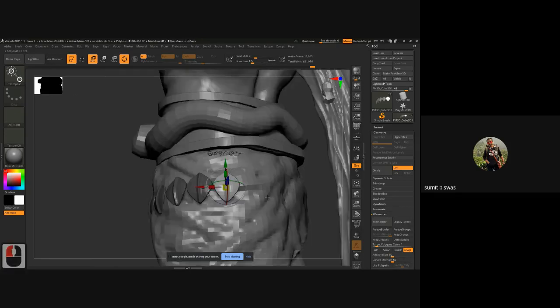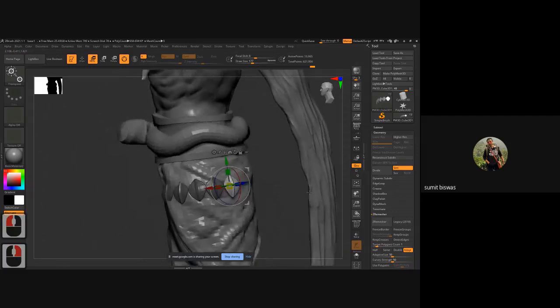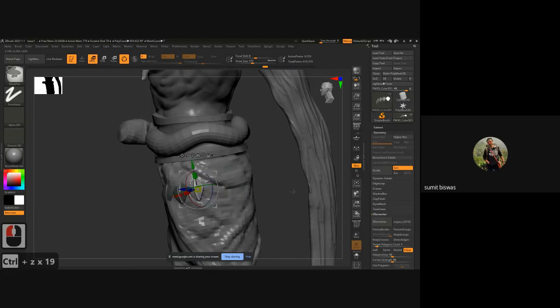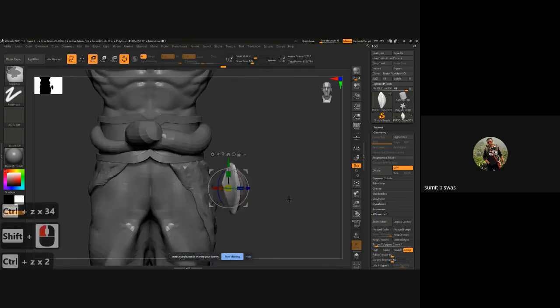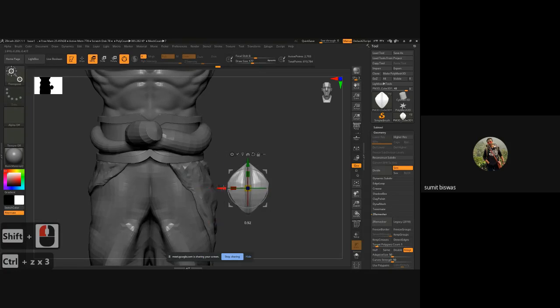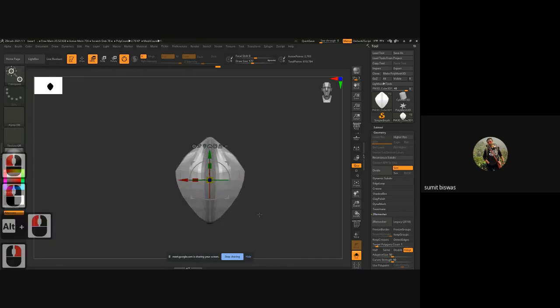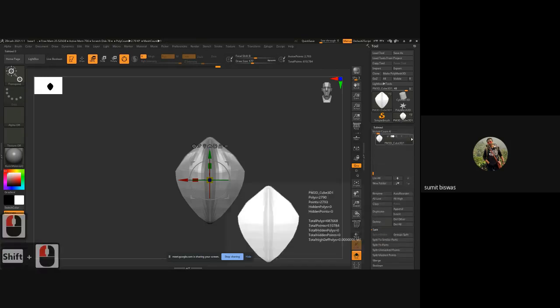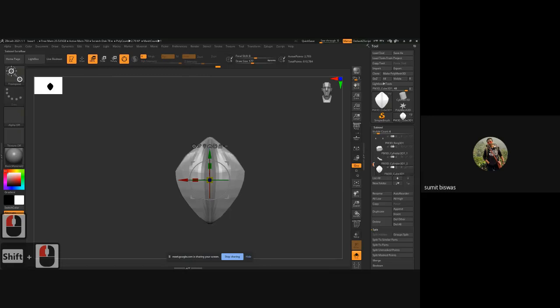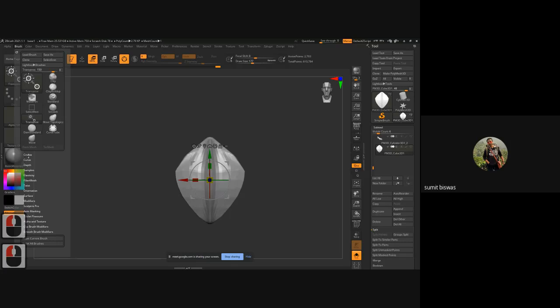Okay, let's check. Okay, let's do that only. Just give me a second. That can be possible, because there are not a lot of shapes, only a few. Okay, so I resized it, undo everything, solo. Before doing that curve thing, make sure it's in solo mode, and nothing else is visible. Make sure only that part is visible. Once you see that, go to Brush. There's the option Create Insert Mesh.